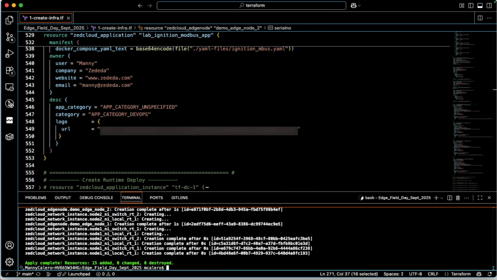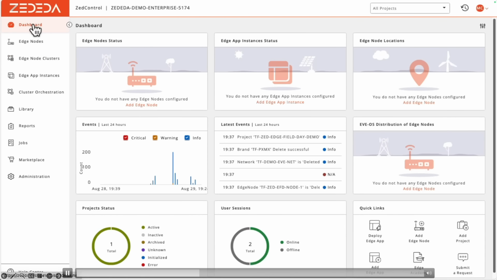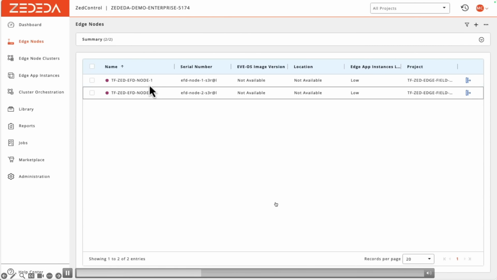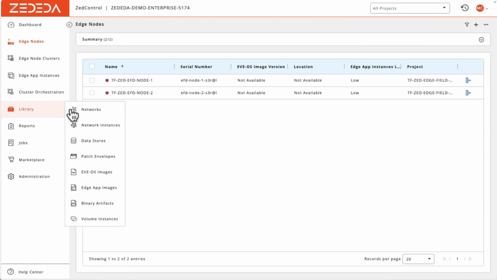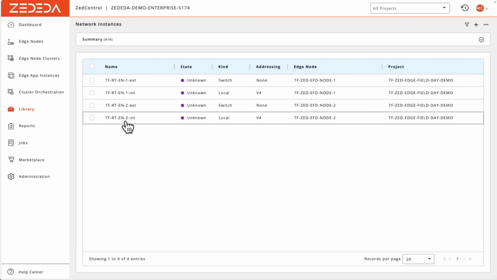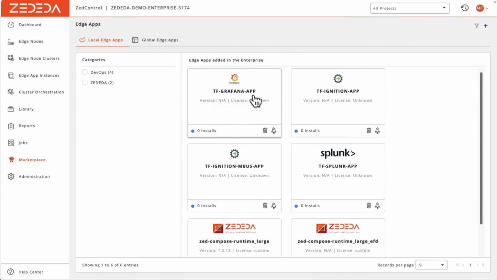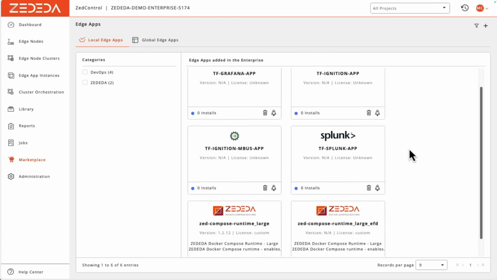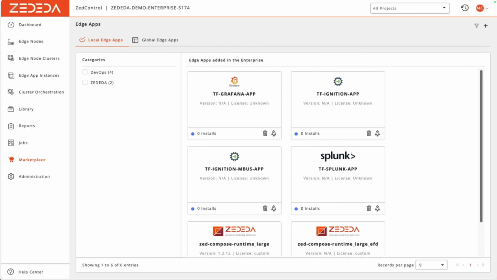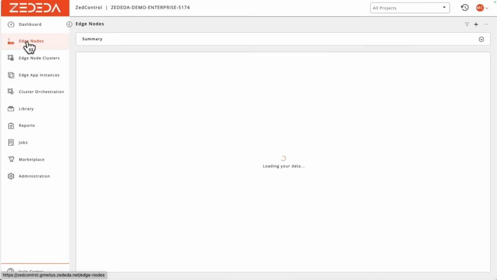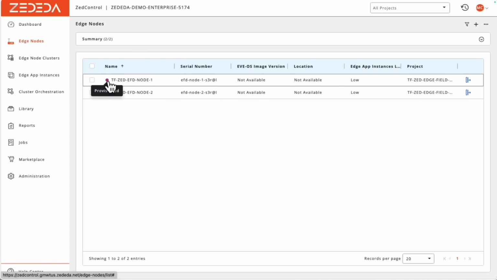So here I did a plan and apply, and then I'm going to show you how I created a couple of edge nodes. I created network instances for those and for the runtimes. I created the edge apps. So I created 4 edge apps. I created very common apps that we see, like Grafana, Ignition, and Splunk. And then within those, the YAML files are configured. Here, I'm going to wait a little bit. It takes a couple of minutes for the